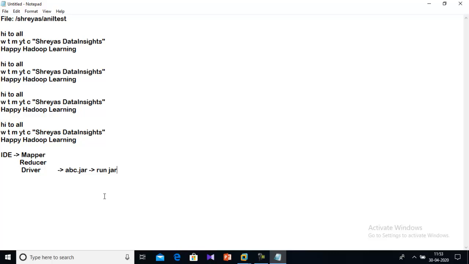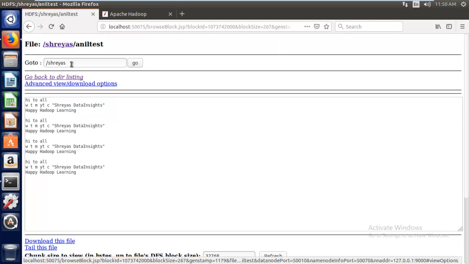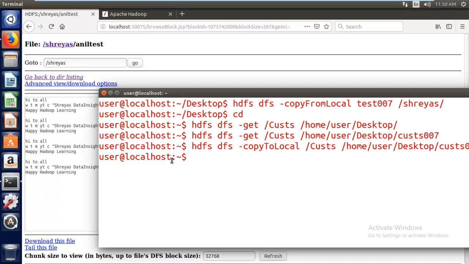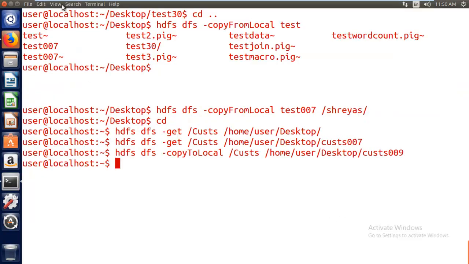So we can use that example jar file and run that, and we can understand what we mean by processing with the help of Hadoop. So let me do that. Now the data is available in this location, right? I'll be showing that location here. So we'll go to that location. Just a moment, guys. I will zoom out a bit.